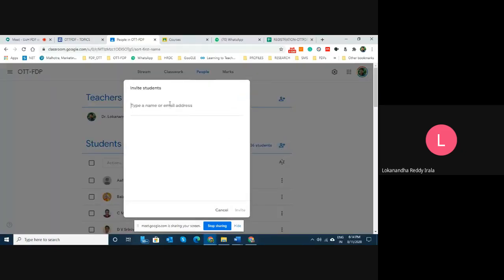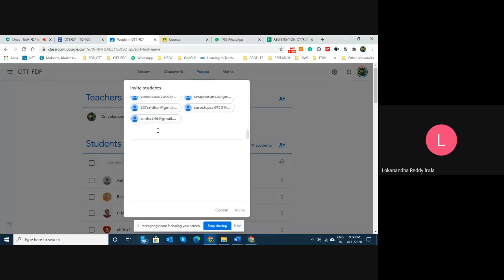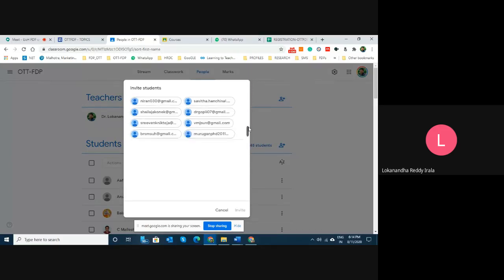Click on this, paste all the mail IDs, add recipients. It has taken the mail IDs, but this invite link is not activated.